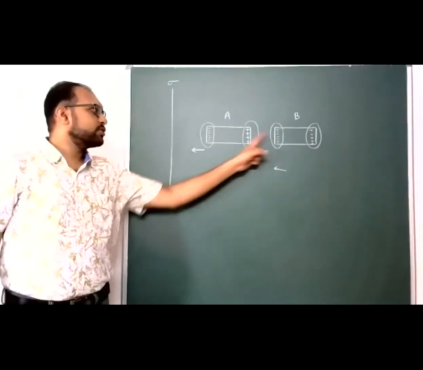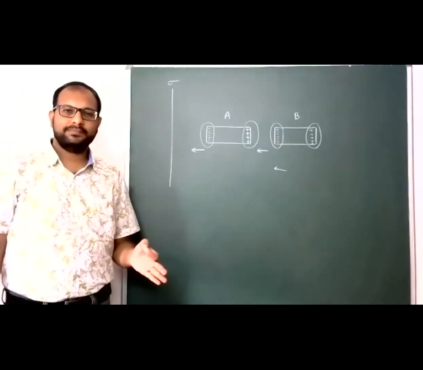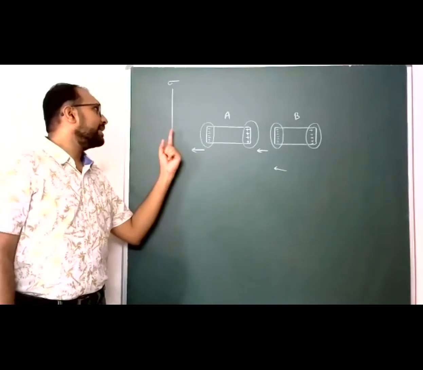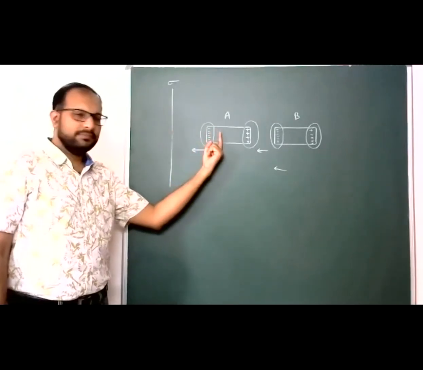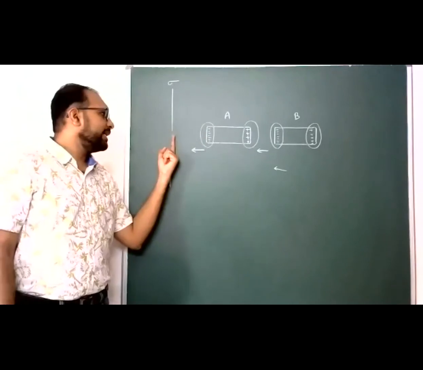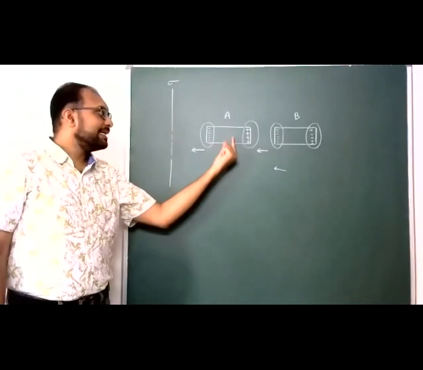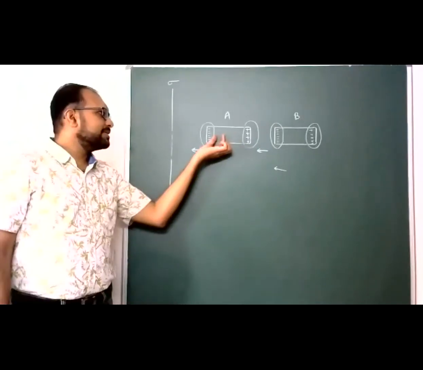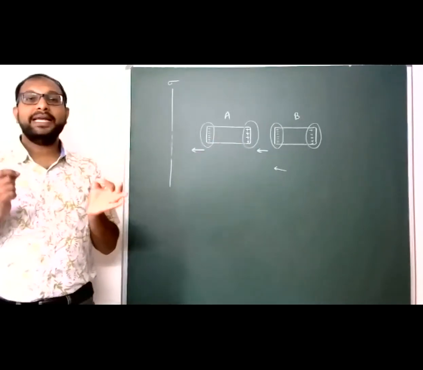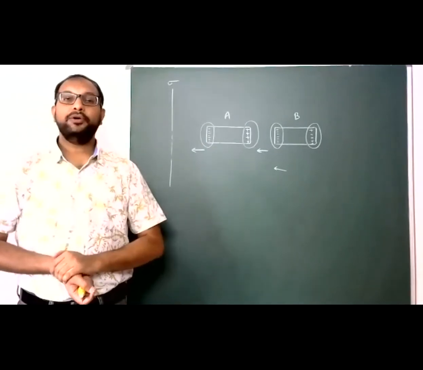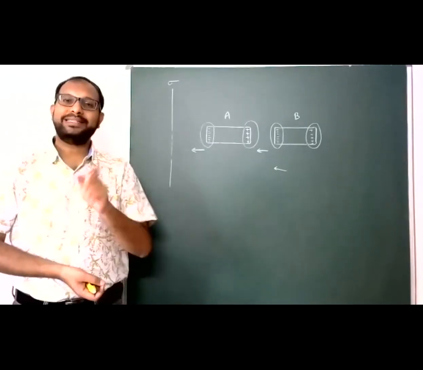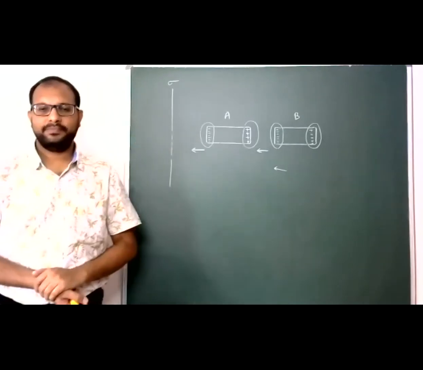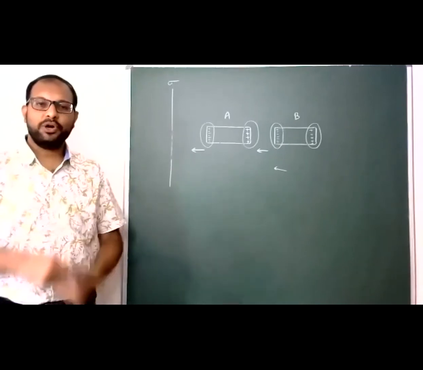So even though these two metallic conductors neutral in nature, there is a electrostatic attraction between sheet and conductor A, sheet and conductor B, conductor A and conductor B. So this separation is known as induction. Due to that induced charges, also electric field and potential develop. That is our present next topic.